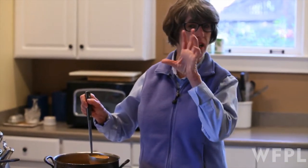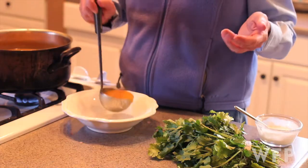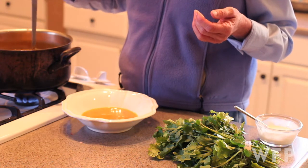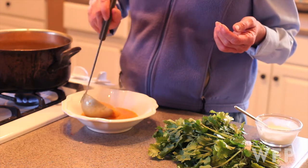If you think of a butternut bisque as a really smooth and silky thing, you might want to put a plunger, a blender stick, in there and blend it, or you can put the soup in batches in a blender and whir it until it gets smooth. That's perfectly fine. So I'm going to just dish this up,